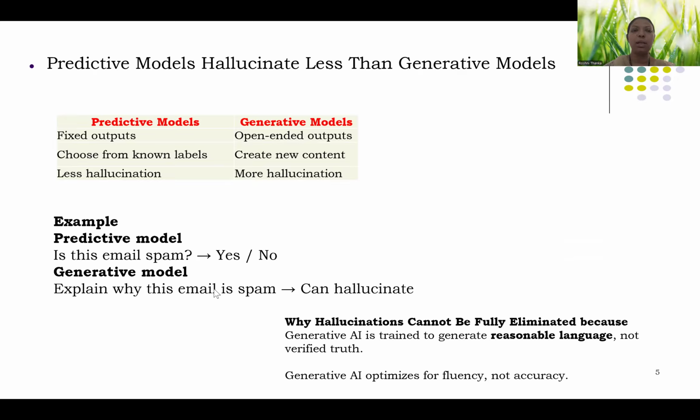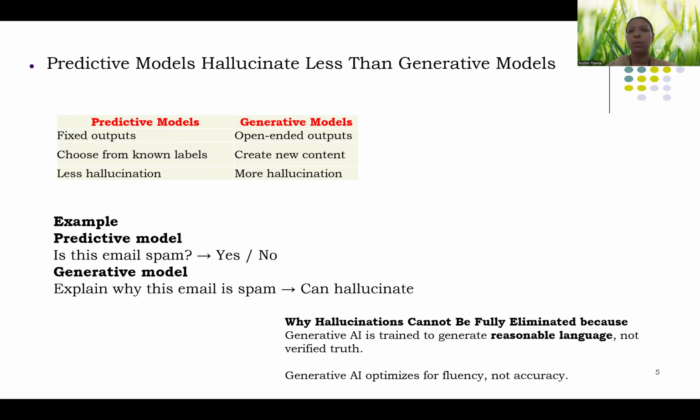For example, here is an example for a predictive model. I can ask, is this email a ham mail or a spam mail? It can say yes or no. But how will you work with generative AI? I ask, explain why this email is spam, and it may give an answer, but it can also hallucinate. So why can hallucination not be eliminated?